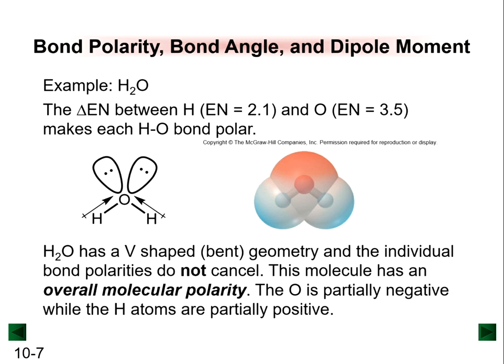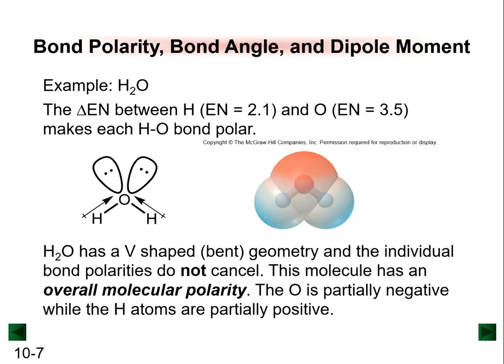Now, in this case, the oxygen-hydrogen bonds, each one of them has the hydrogen end positive pointing towards the oxygen. So the oxygen end of this molecule is slightly negative. This is not because of the lone pairs. It is because of the bonding pair between the hydrogen and the oxygen. The hydrogen becomes slightly positive because it has lower electronegativity and its electrons are pulled more over towards the oxygen